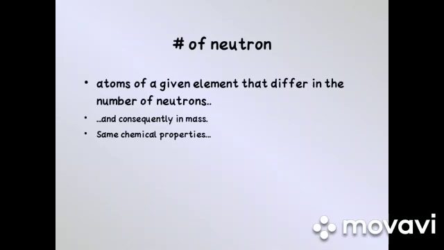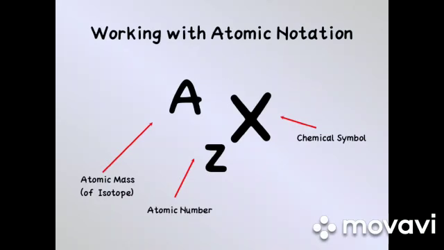Students, this is very important to remember that the different isotopes of same element differ only in the number of neutrons in the nucleus. Since the chemical properties of an element depends on the electrons in the shells or orbits, the isotopes of an element have the same chemical properties but they differ in physical properties. This is the review of atomic notation. X is the chemical symbol, atomic number Z is written as subscript, and atomic mass would be written as superscript on the left hand side.